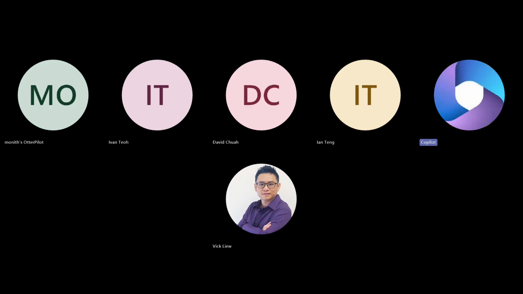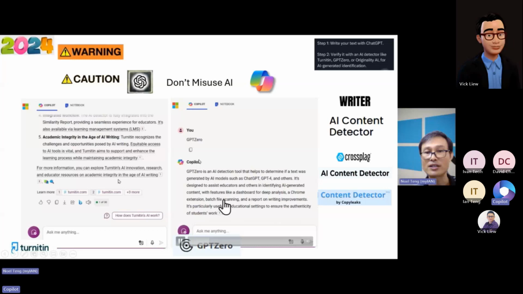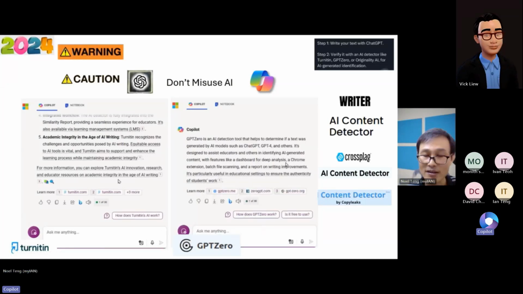Also touch on GPT-0. GPT-0 is also another AI detection tool that's very easy to use, right? And there's a website called gpt0.me that you can go check out. Last but not least, there's also another tool called